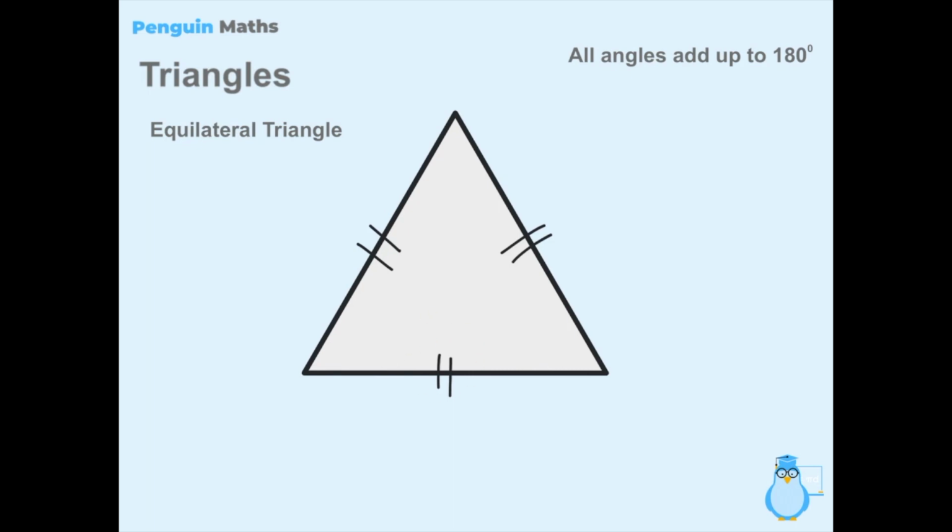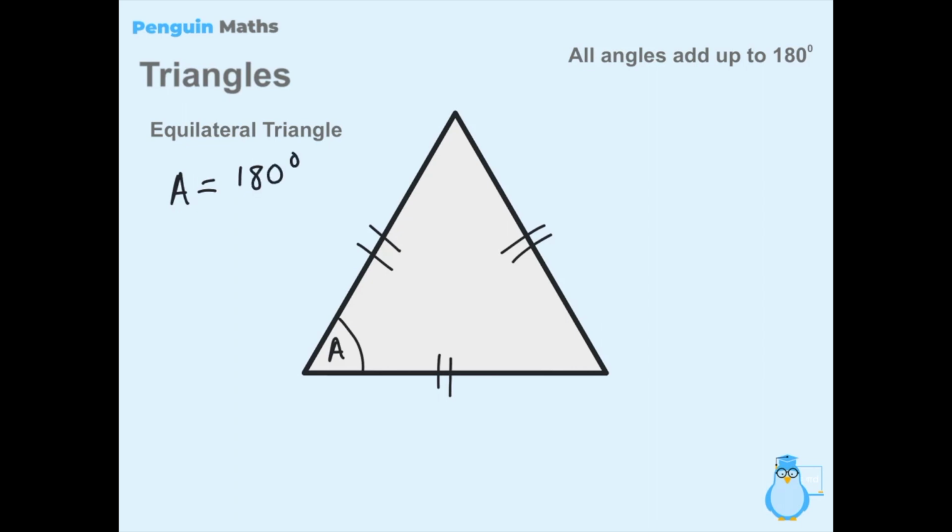But this also means that all three of the angles that make up an equilateral triangle are also equal, they're all the same. And because we know that each of these angles must add up to give 180, therefore each individual angle, we'll call this one angle A, has to be equal to both this one and this one. Therefore, we can say that angle A is equal to